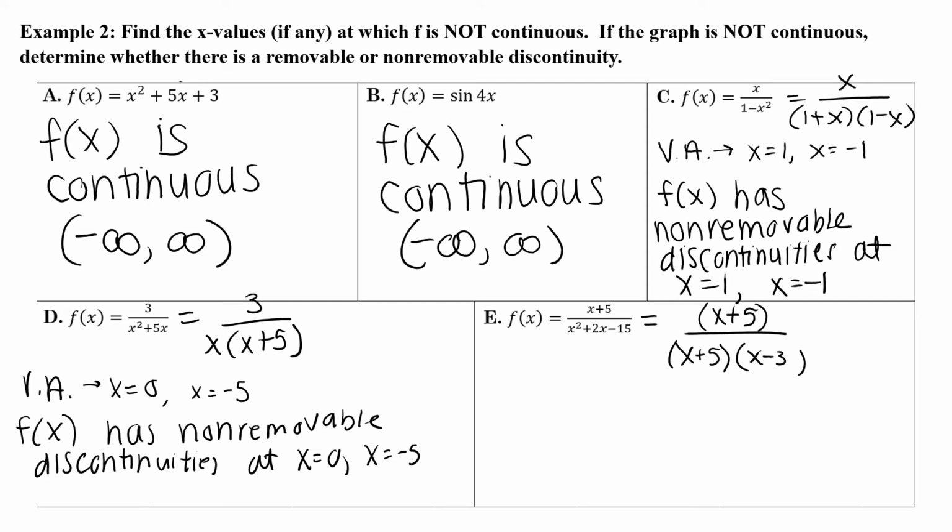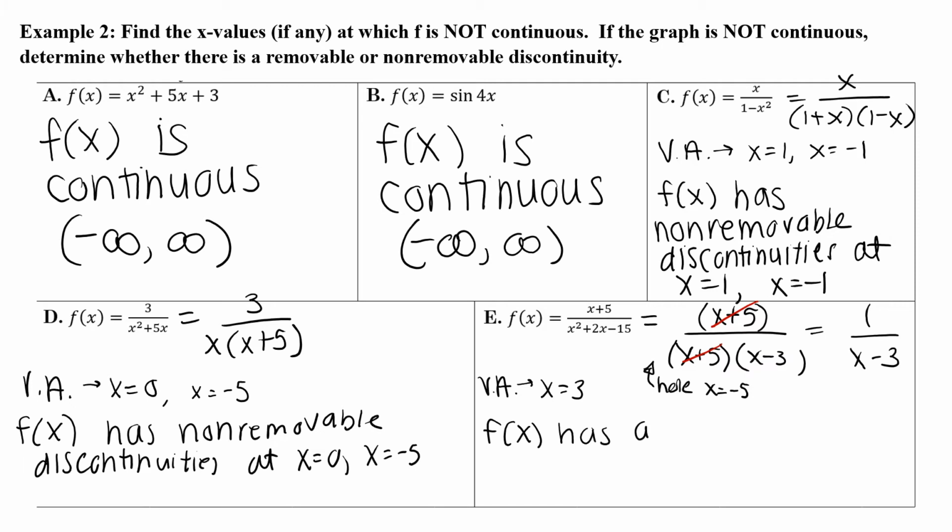Hopefully we notice that we have the same factor in the numerator and the denominator, so we can cancel that out. And when we do, we're actually creating a hole at x equals negative 5. And then since we still have that factor in the denominator, we also have a vertical asymptote at x equals 3. So this function f of x